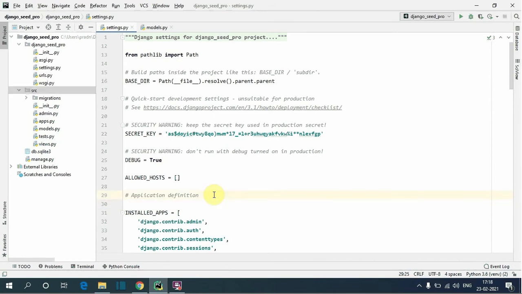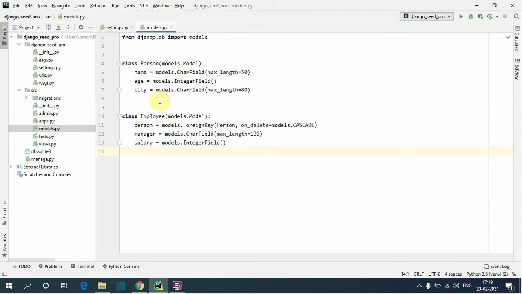For that, Django provides one library, that is Django Seed, to generate dummy data for Django models. In the src app models.py file, I have created two models, that is Person and Employee. The Person model has these fields: name, age and city.